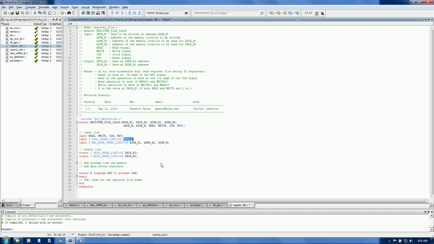You simply write the data W back. Okay, so it is very similar. So please go and complete this file and make a test bench of this register file, a register test bench, similar to the memory test bench. You write something into the register and read it back and see. Maybe one simple test, like